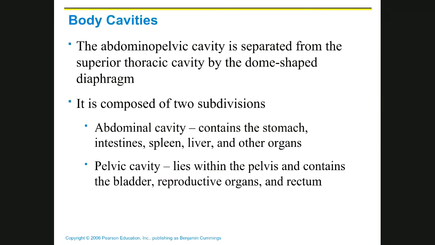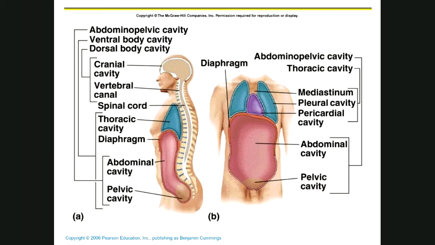The same thing's true for the abdominopelvic cavity. Very large space. Look at it. It's all of this space right here. And so again, it's nice if we could subdivide it. Well, there isn't a muscle or a natural cavity in here, but we have sort of an artificial cavity that's created by the pelvis. If you look at the pelvis, it looks sort of like this, and it's what the bones in the hip are attached to, and it joins right here in the middle, and it joins around in the